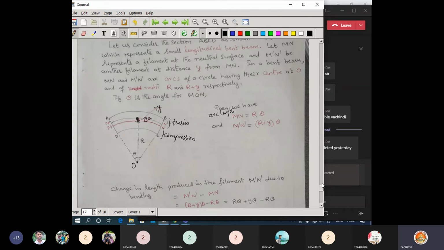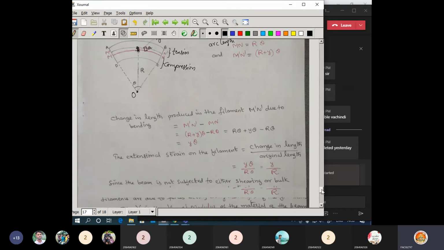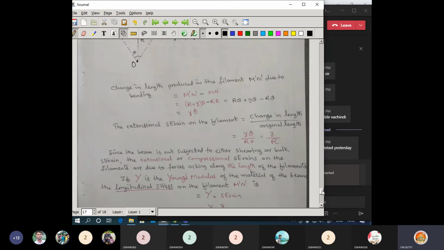Those things we had substituted, whatever you had explained there, so we are substituting here. So now here the change in the length is nothing but the original length, the length after the compression or tension, whatever the thing you are considering. Here it will be under tension, so there will be an increase from the original value. Substitute that and you will get the value here.